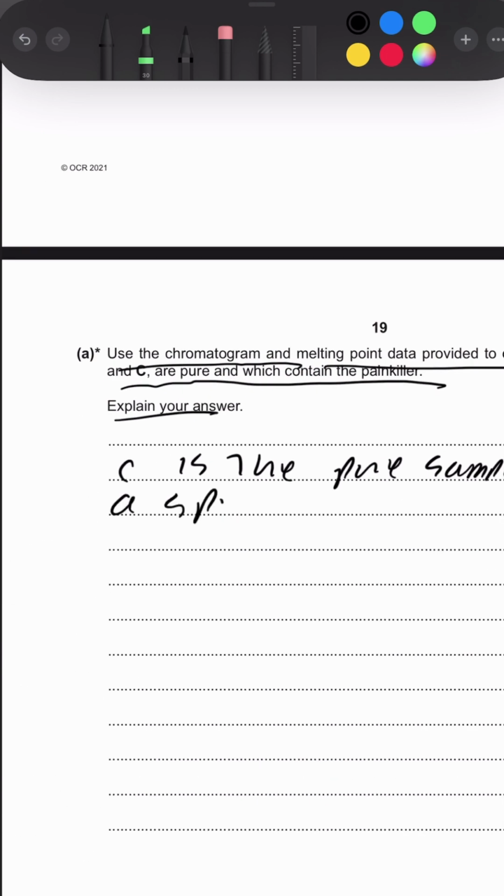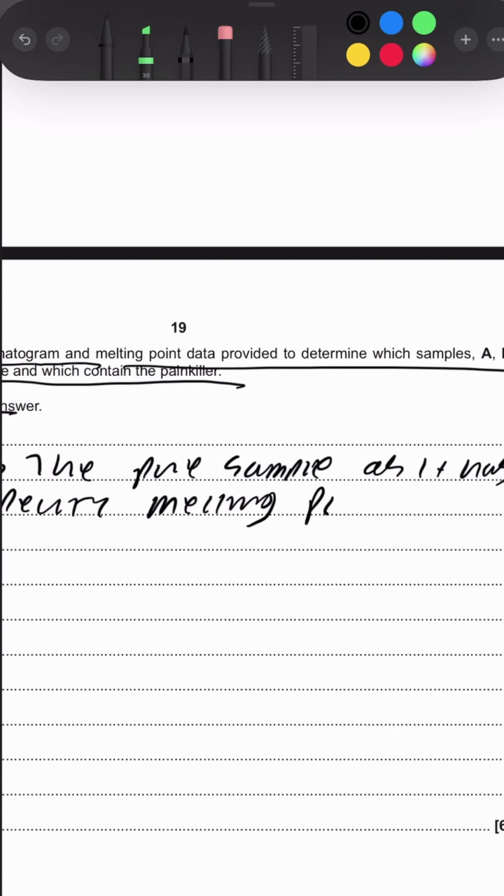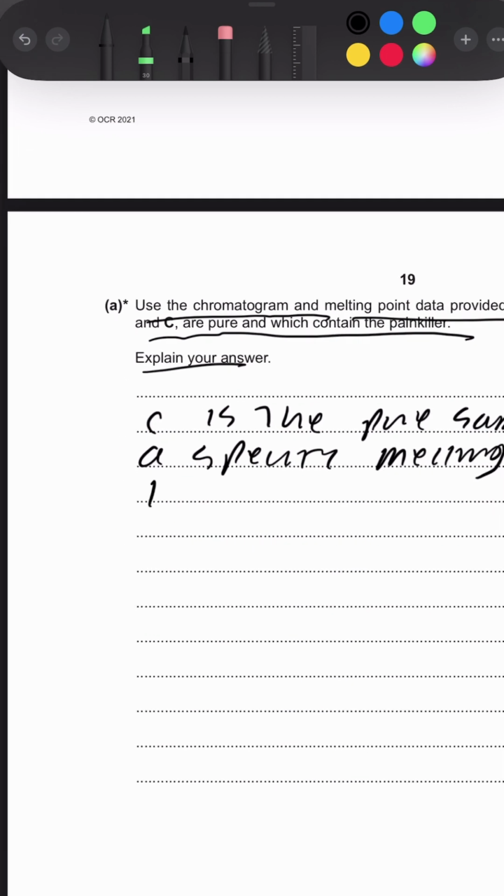So then this is a 6 marker. This is a chromatography question for a 6 marker, and if you want to get the highest marks, those AO3 marks, this is how you do it on a sort of bullet point scale. So use the chromatogram and the melting points data to decide which sample is pure and which contains the painkiller. Explain your answer. Okay. So the way that I would do this is